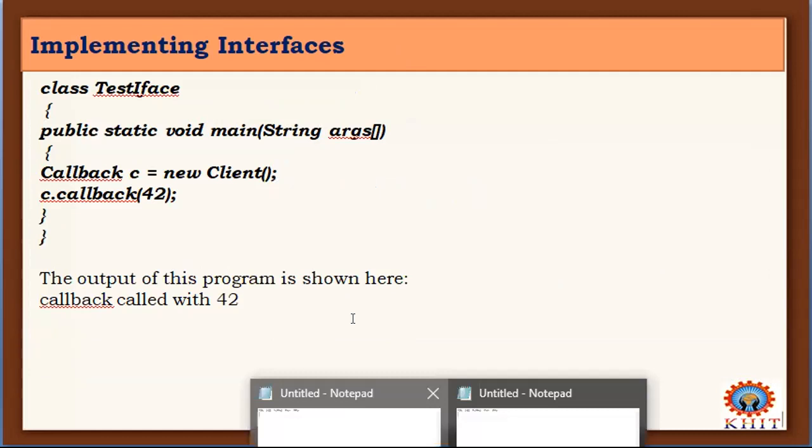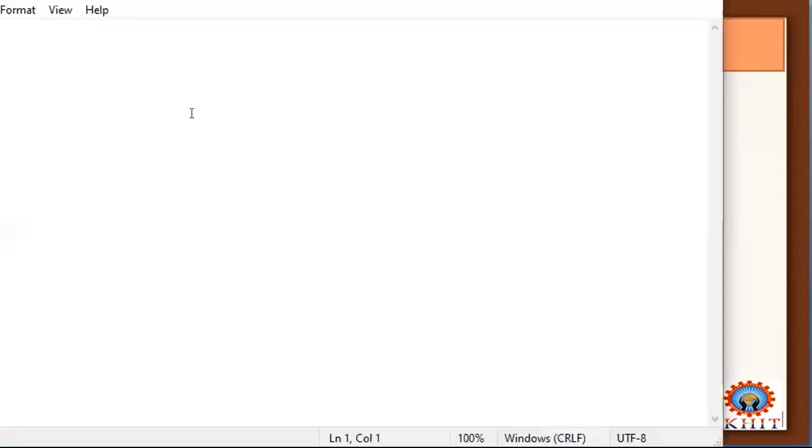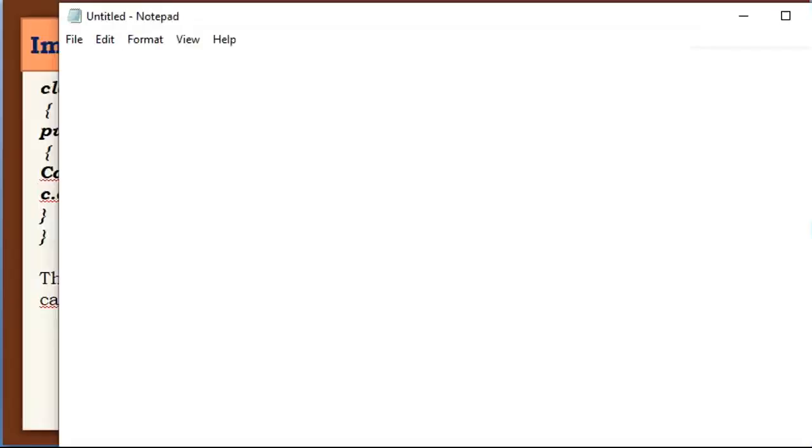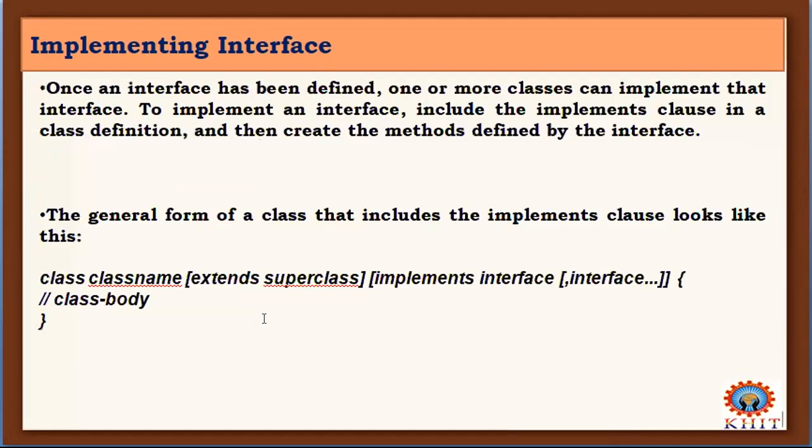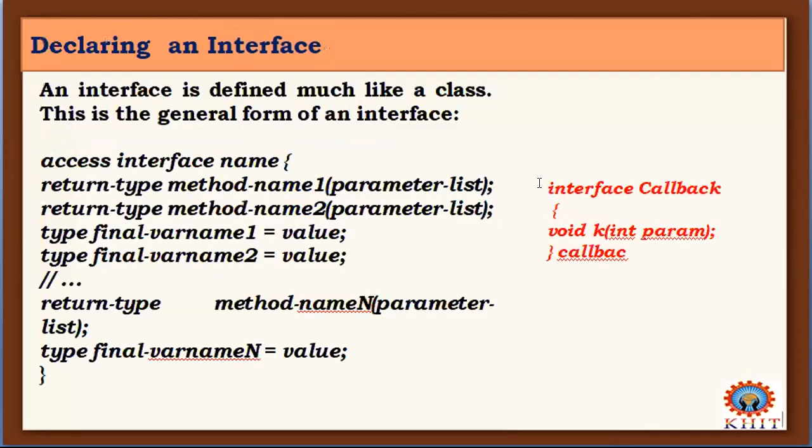Now we'll try to execute this. There are 3 sections of the program here. First, you need to write this interface.